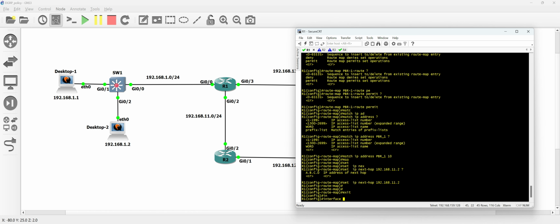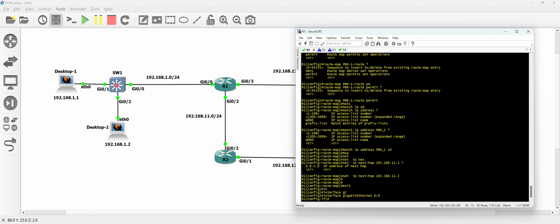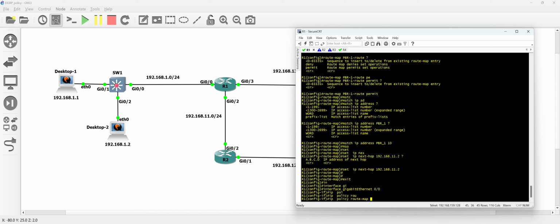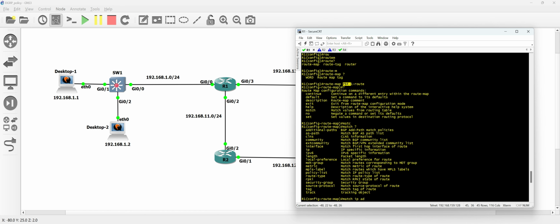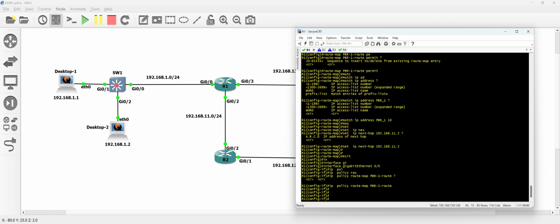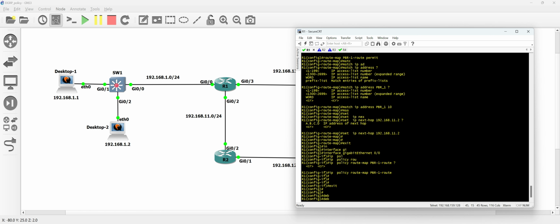Then exit. Then we need to go to interface gig 0/0. Then what we need to do is IP policy route-map. So we need to map the route map which we created, this one. Okay, and so exit. Let me enable the debug so that it will give debug